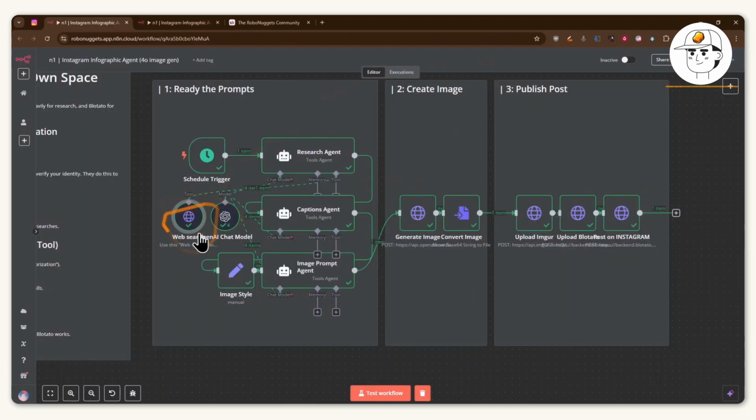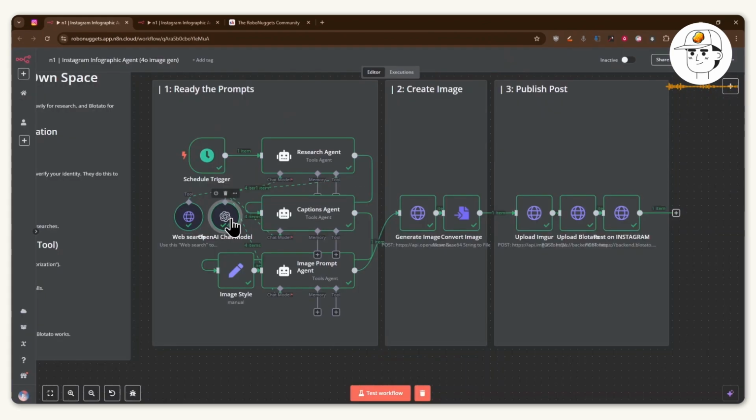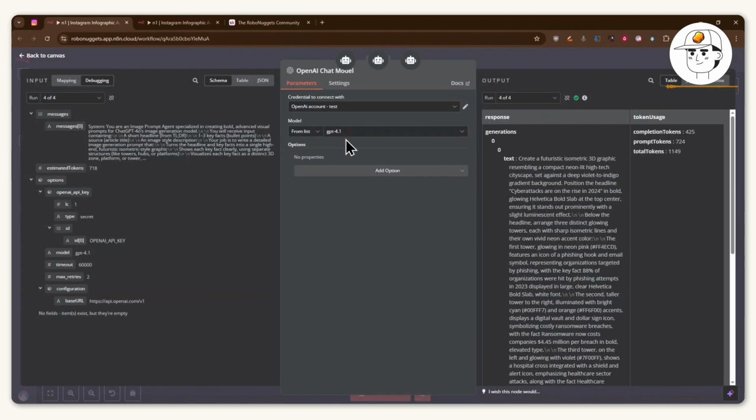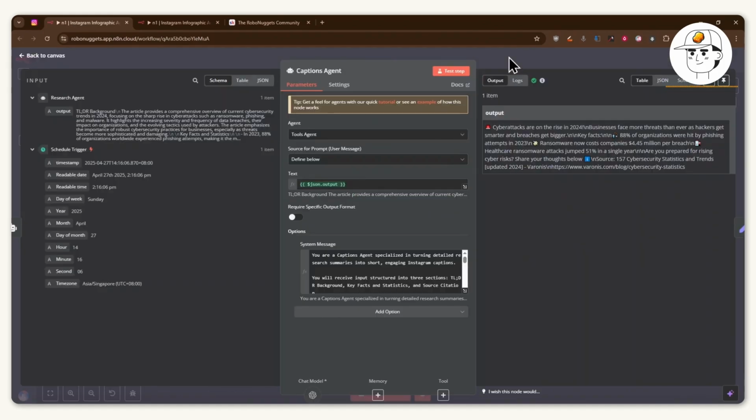that from. It's connected to this web search tool that is powered by a tool called Mek. So you can see here we're calling on that service. And then for the chat model, we're using OpenAI's GPT 4.1 model, which is the latest at the time of this tutorial. Then whatever the research agent has researched, we pass it along to this captions agent, which turns that